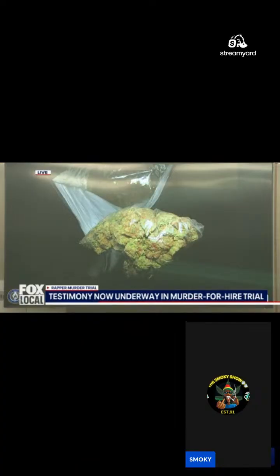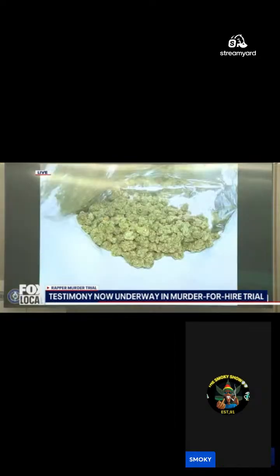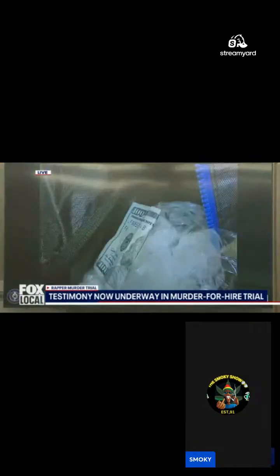State's Exhibit 657, that's one of the bags containing marijuana and loose U.S. currency. State's Exhibit 658, that's just U.S. currency, and 659, more U.S. currency. State's Exhibit 660, a close up of one of the bags of marijuana that was found inside a bigger bag containing marijuana. State's Exhibit 661, that's a close up of one of the larger bags of marijuana.